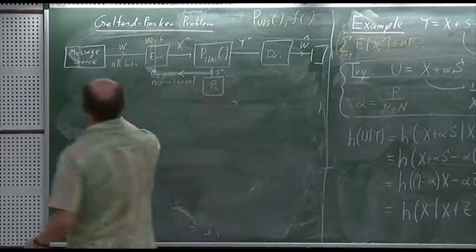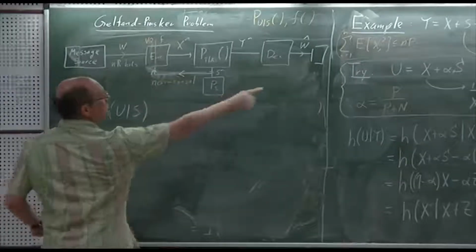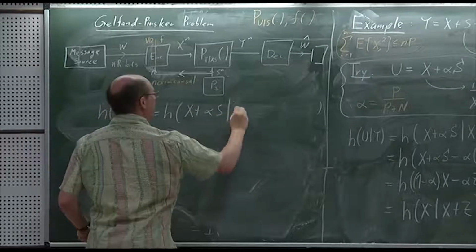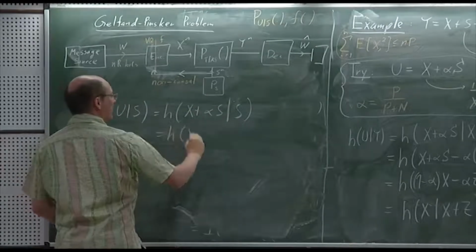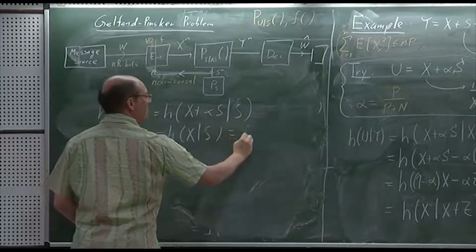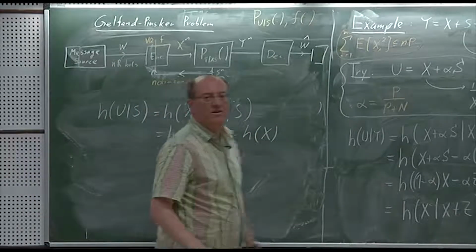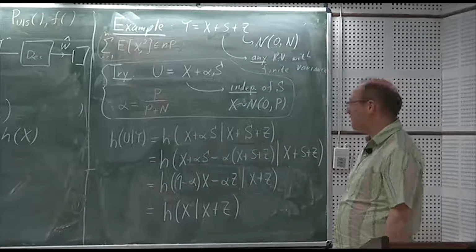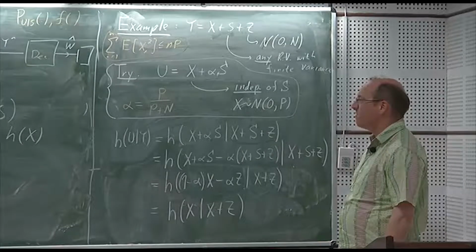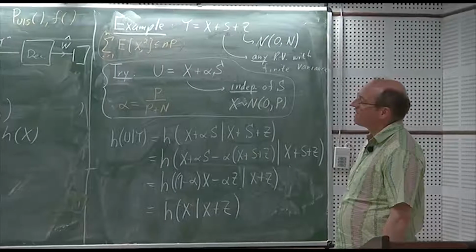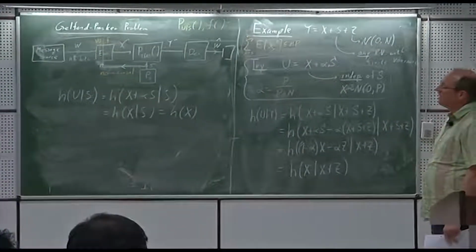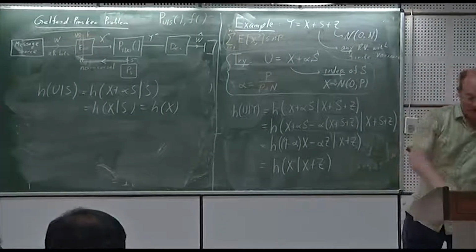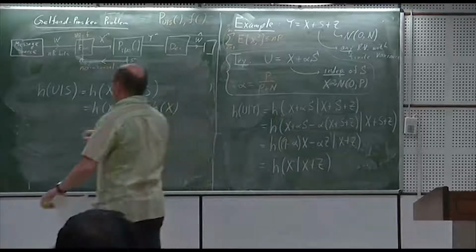Right, so h of u given s is going to be easier because u is up there. Which is equal to h of x given s, but x and s are independent, so it's nothing but h of x. So what I'm getting now is, right, so the mutual information is that minus that. That was the rate I can achieve, so this implies